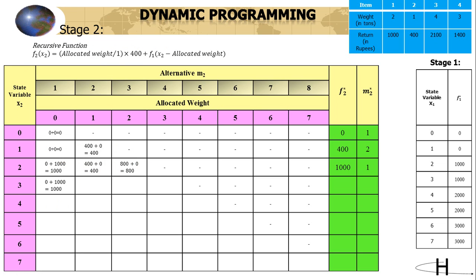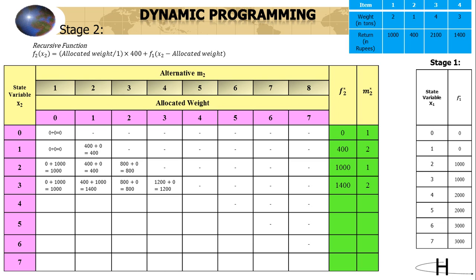For the allocation of weight 1 ton, the value of the recursive function will be 1400. For weight 2, the value of the recursive function will be 800. For 3 ton, recursive function value will be 1200. So the best value of recursive function is 1400 with respect to alternative 2. Now when we consider x2 equal to 4,